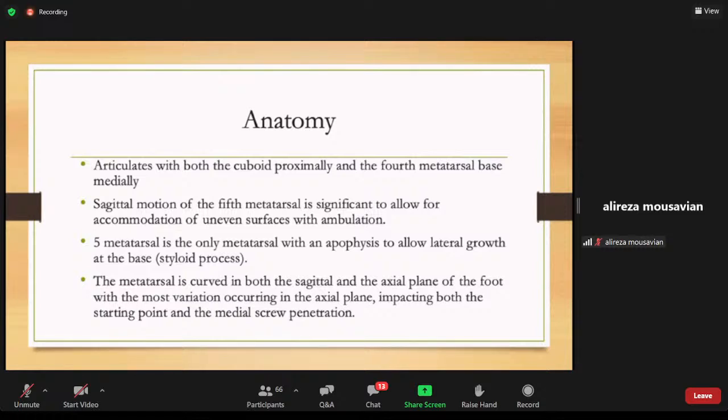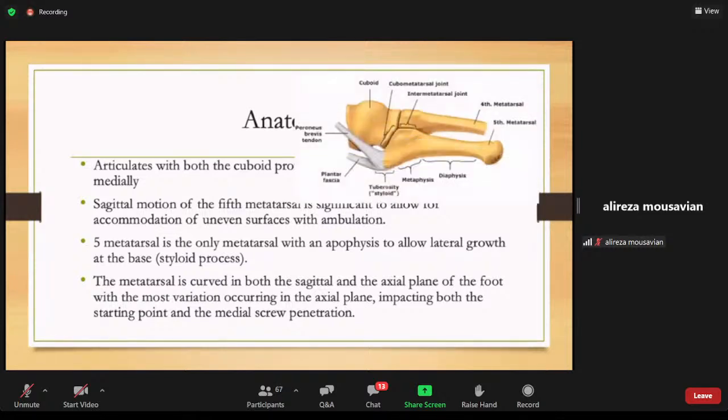And the fifth metatarsal bone has 2 growth plates and also has an apophysis, so lateral growth at the base. And also it has 2 curves in sagittal and axial plane. Knowing these curves is very important for decision making regarding the starting point and the prevention of medial screw